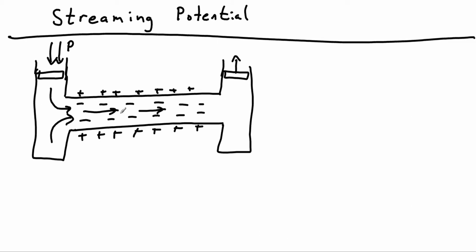So we end up with the ions being pushed out over here, and we have some of the positive ions that were in here end up getting pushed in as well. So the net effect is a move of negative charge to the right. The magnitude of that potential difference